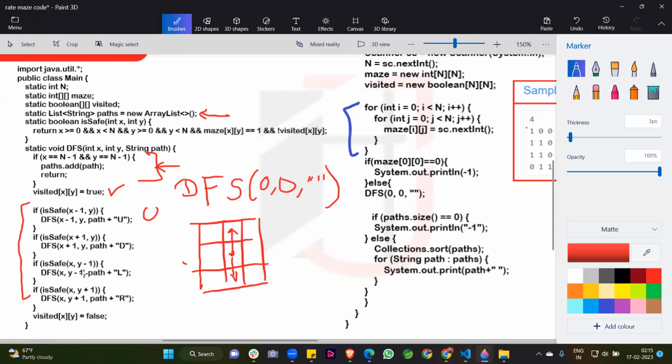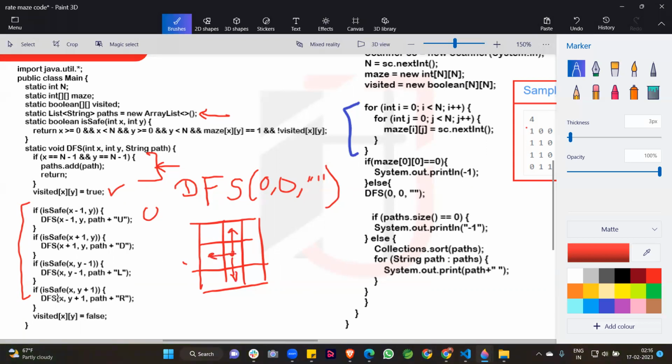And there is one more if condition where x remains the same, meaning the row remains the same, but I do y minus 1. Y is nothing but the column, so I simply decrement the column. You can see I decrement here, so I am going to the left position from here.